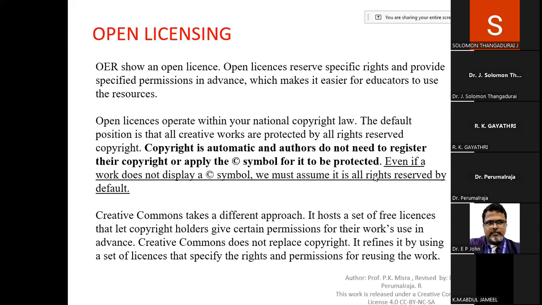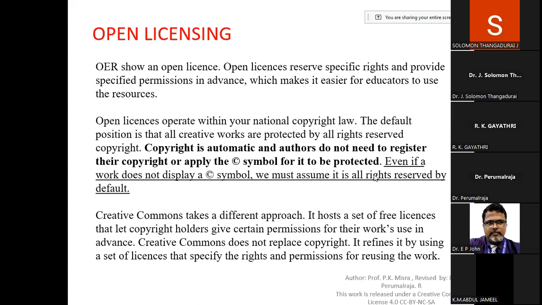That is what I said: copyright is automatic. Authors do not need to register their copyright or apply a symbol for it to be protected. Suppose I am preparing a PPT, or you are creating notes in a Word document, or you are a writer creating songs or music on your own. You are the main creator, so there is no need to possess the copyright separately, because when you create something, such as a PPT, it will be copyrighted. That is mentioned in many places: copyright is automatic, and authors do not need to register or apply for it. But we need to register for the copyright if we want it as ownership.